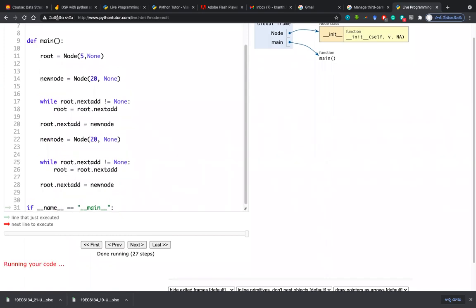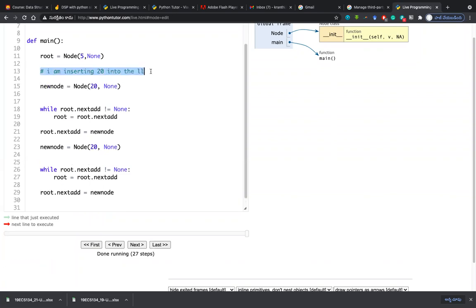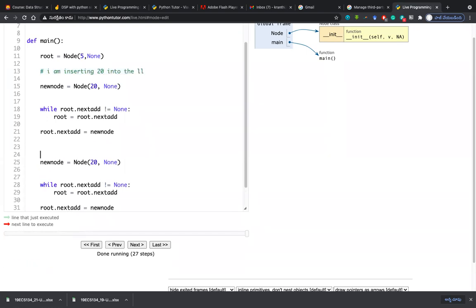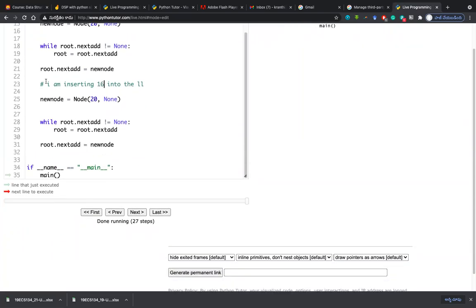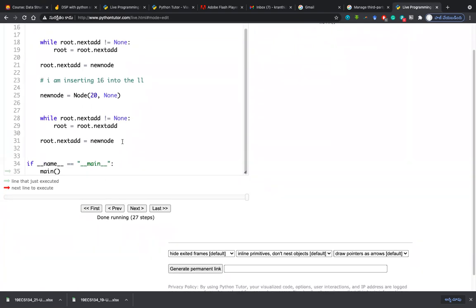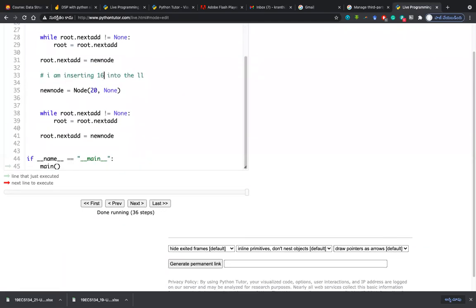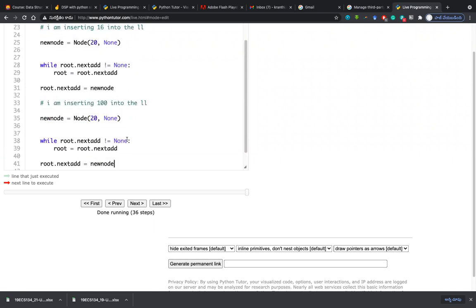So I will write a comment here. I am inserting 20 into the linked list. See, so here I am inserting 16, right, into the linked list. Copy the whole thing. So this time I want to insert 100, right? 100 into the linked list. Okay, that's all. Let us keep it like this, and let us print what is the root